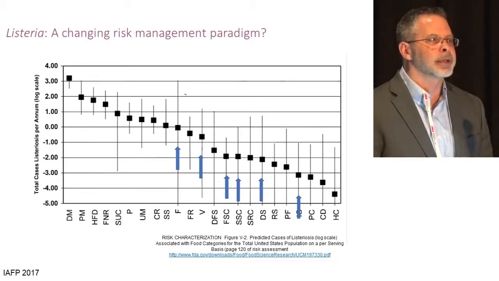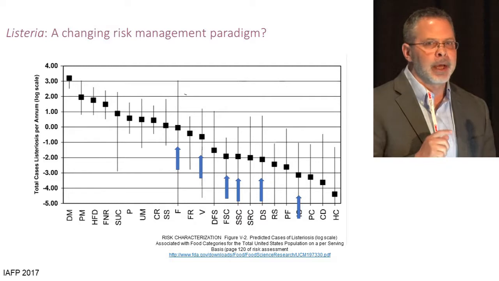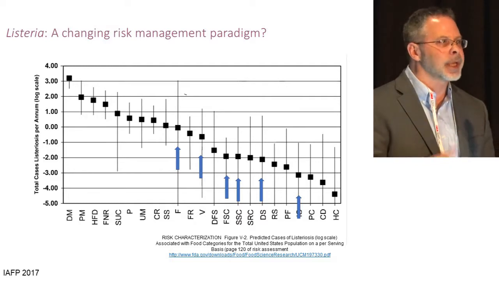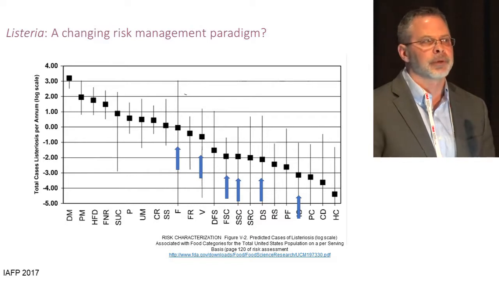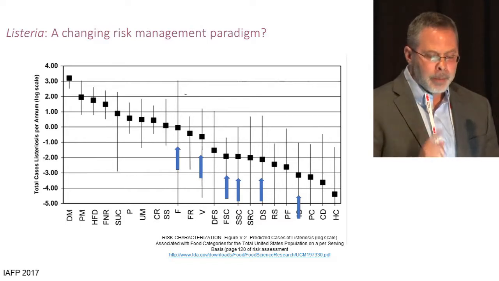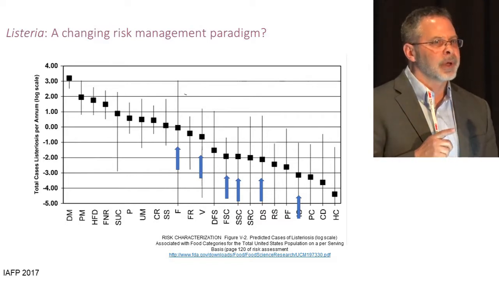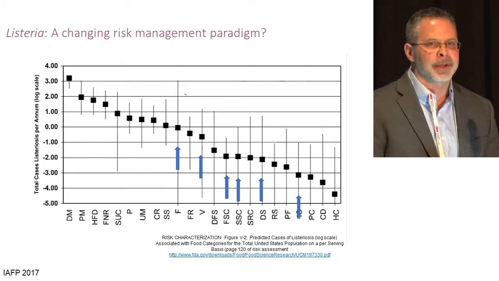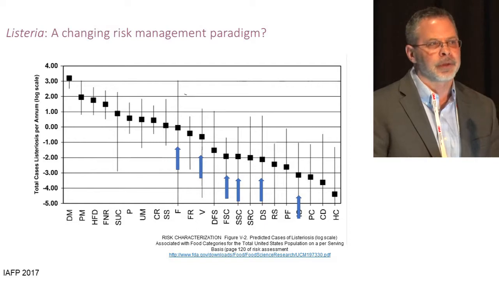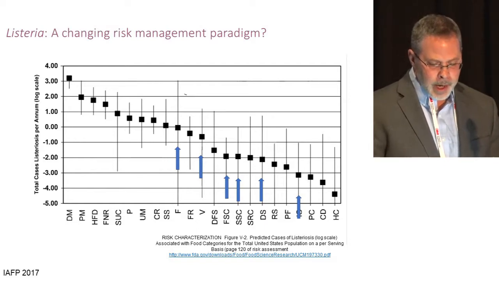But we have a changing risk management paradigm, and I'm going to direct people to a session tomorrow on Listeria criteria. Some of the speakers there can talk to the evolution of the regulatory agencies' thinking on what appropriate levels of Listeria are in products. But I wanted to talk about this briefly because this really impacts how we have to manage certain products and what we need to consider as we manage certain products for the presence or levels of Listeria.